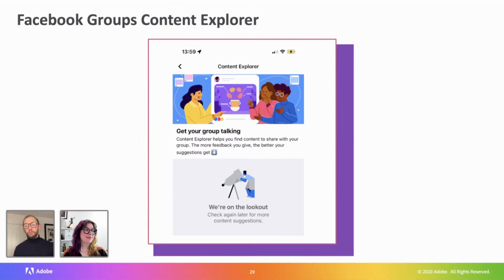So this Content Explorer basically helps surface content that might be good for you to share with a group, because that's honestly one of the hard things about building a community. Setting up a Facebook group's the easy bit. Inviting and finding people is kind of hard. But then moderating it, making sure people are talking about things that make sense, making sure people are talking about things at all. Stoking that conversation is super hard when you're not Adobe and you've got millions of users. So for a smaller brand trying to get this going, this Content Explorer could be really useful.